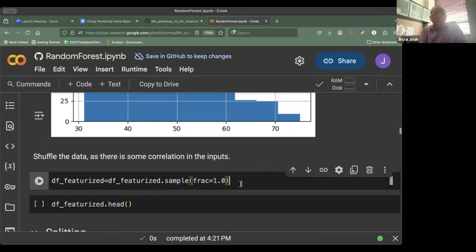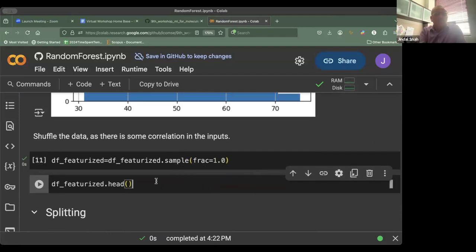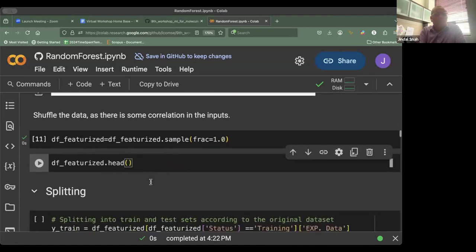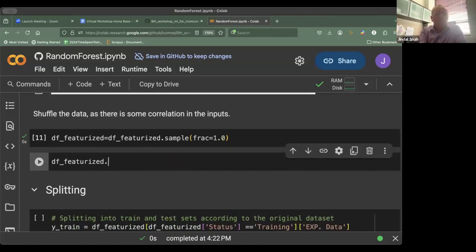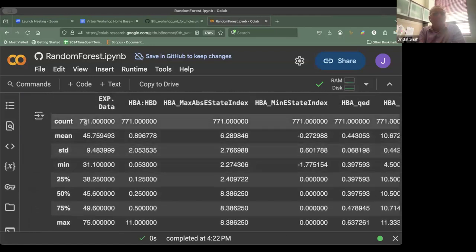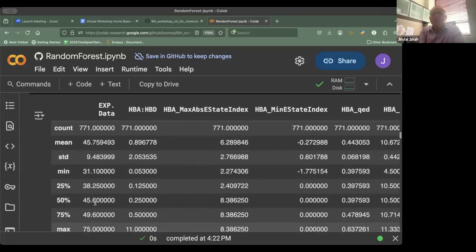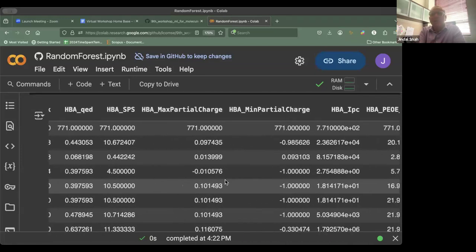All right. So this will shuffle the data. It's not really necessary, but we can do it. And then we just looked at the top features. Let's also look at what the overall data looks like. So we have a total of 771 data points, mean of the surface tension experimental data 45 plus or minus 9, minimum is 31, all the way to 75. I just showed you the histogram plots and things like that. And here are different values of your